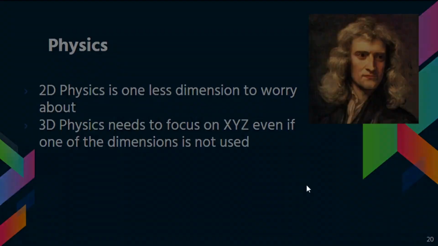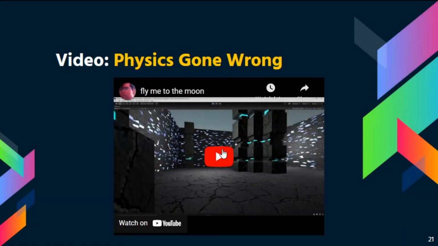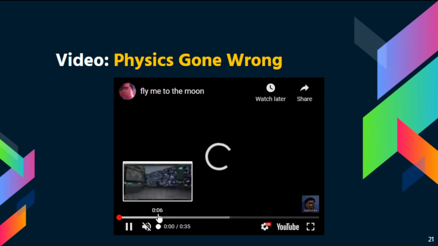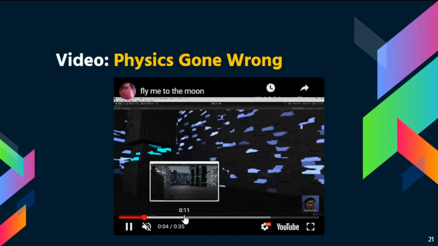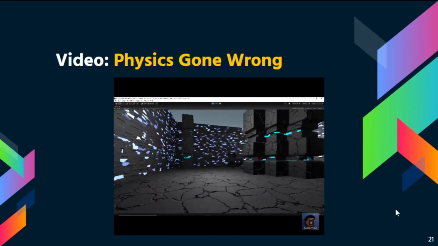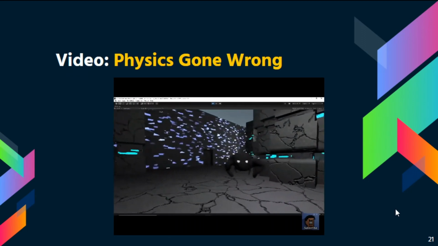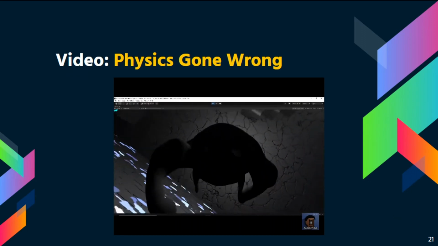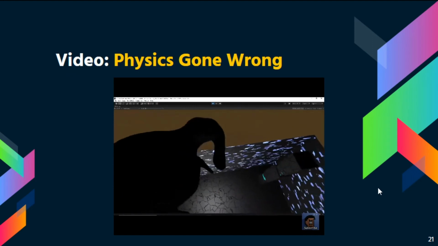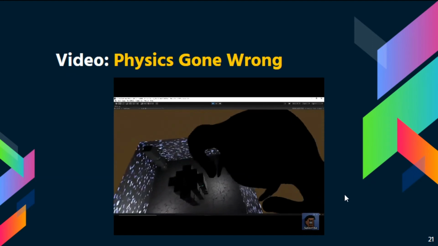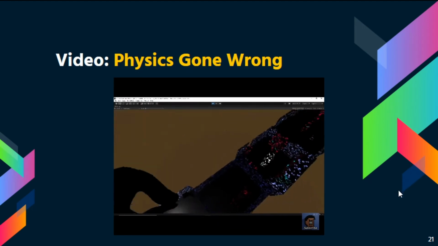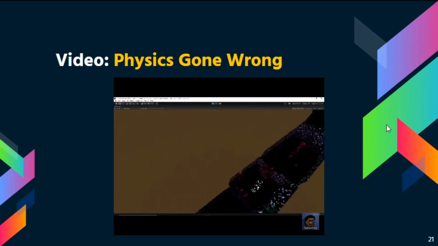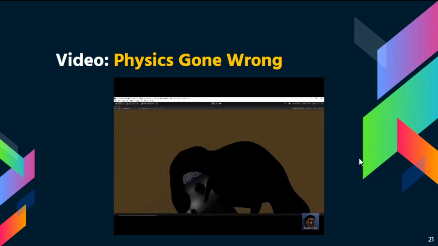And then here's an example of when the physics went wrong in one of my previous projects that I worked on. So here you'll see what happens. Here, I forgot to account for the gravity of the enemy AI, so it just kept carrying me up. And it's just something that you have to keep in mind with the physics when you're programming.